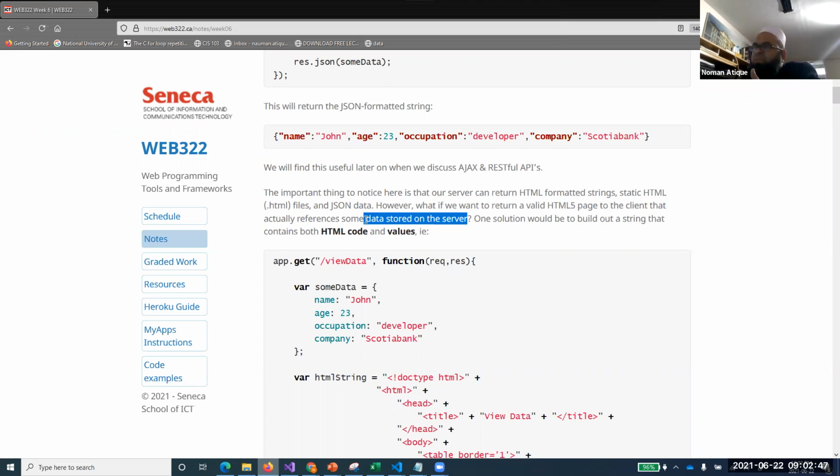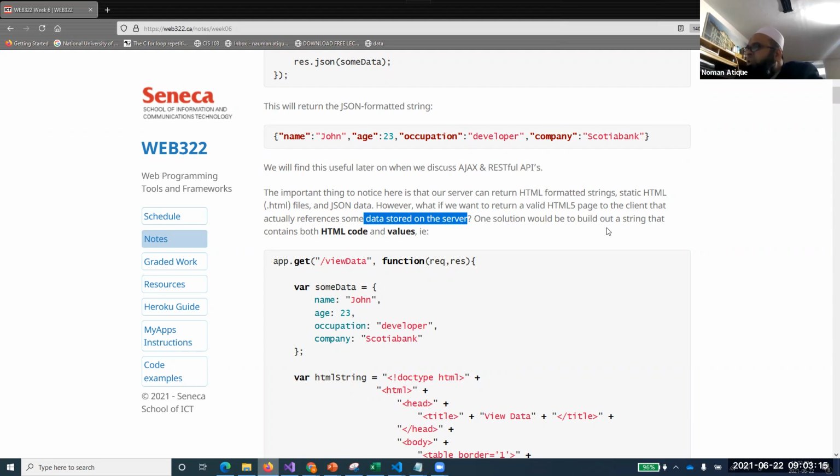I hope that makes sense to everyone. So rather than sending JSON separately and HTML separately, why not have something that can accommodate the base of HTML and the data logic as well, with the data being shipped along with it? I hope that's making sense to you.